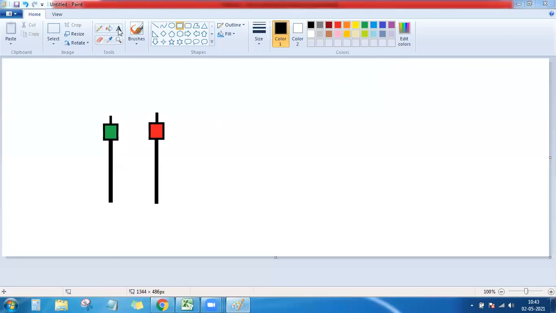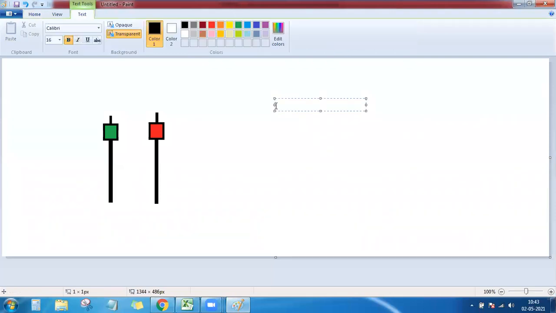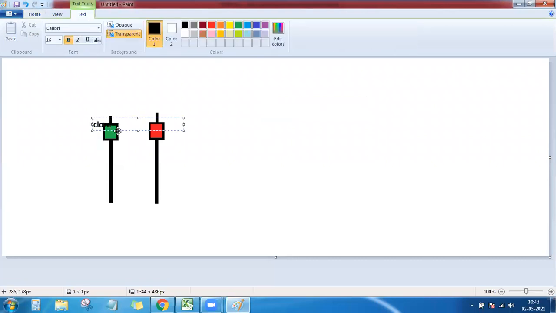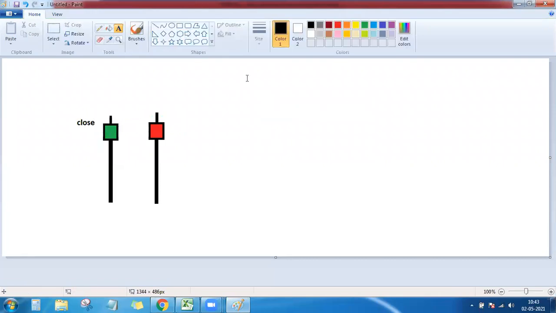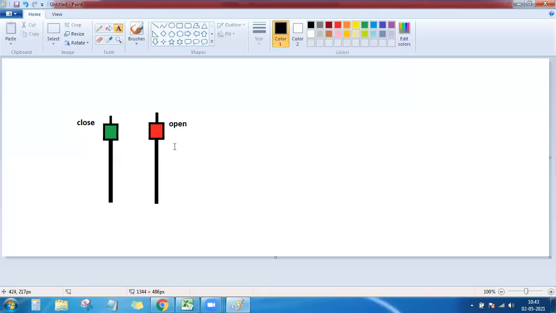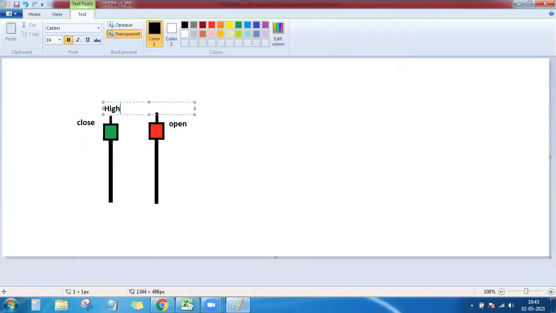So what should be the conditions? We'll first take the distance between the high and this starting price. Now, this starting price, if it is a green candle, this would be the closing price. We'll take the doubts at the end of the session, otherwise it will disturb my flow. Please write down your doubts and then at the end of the session, you can ask them at a time. And here, if it is a red candle, then it would be opening price. At the top, you will be having the high price.